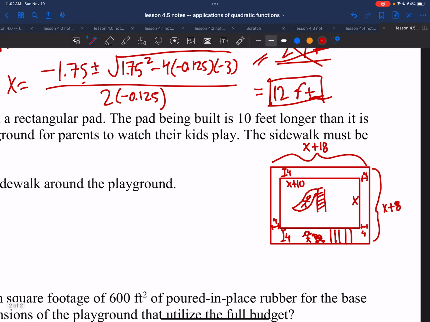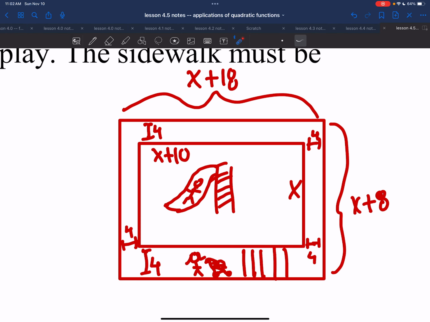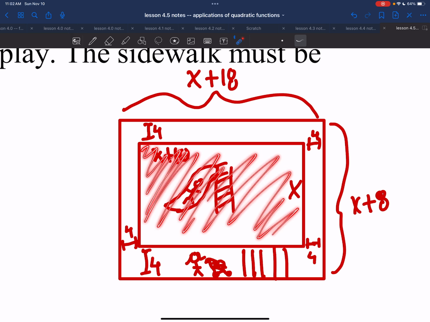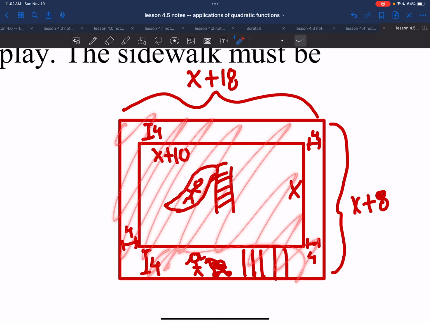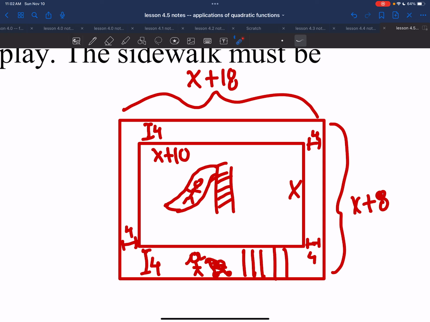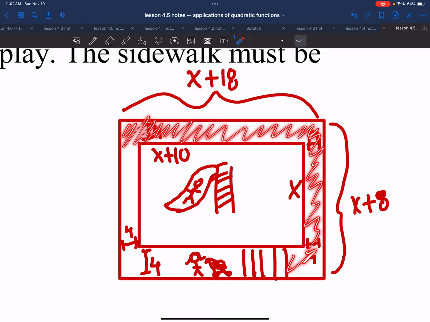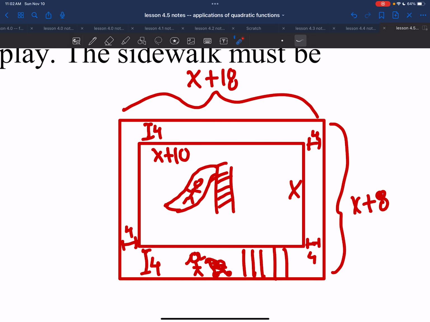Now hold on a minute. Think about that. The area of the playground is this area. This is the playground, so its area is this space. The area of the entire space is this whole thing. But what the question is asking me is to write a function in terms of x that represents the area of the sidewalk, right? So it's this border, this trim all the way around the rectangle. And you might say, how am I going to do that? Well,